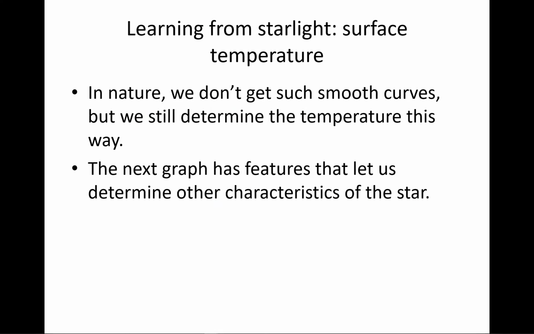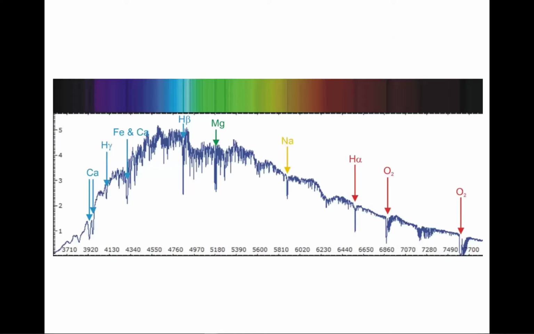Okay, now the next graph you're going to see has some features that make it less than a perfect thermal radiation curve, although you can still use it to determine the temperature, but you can determine some other things about the star. And this is the thermal radiation curve for an actual star. And what it has in it are a bunch of dips, a whole lot of dips, and those are caused by atoms and in some cases molecules in the atmosphere of the star, which the light from the star has to go through,